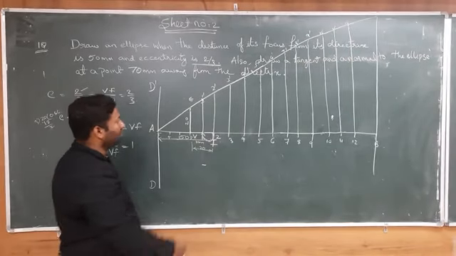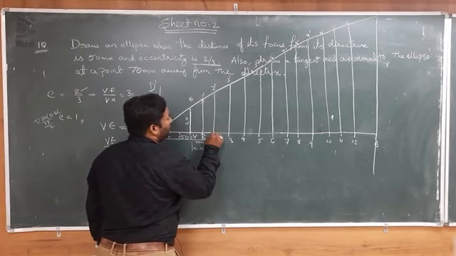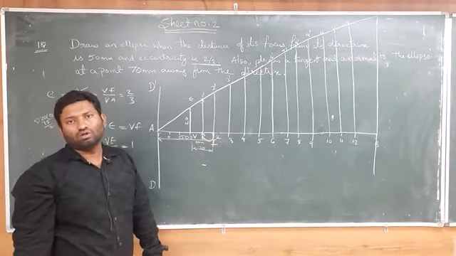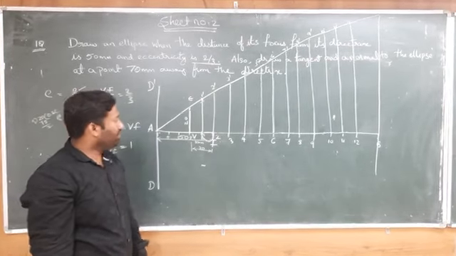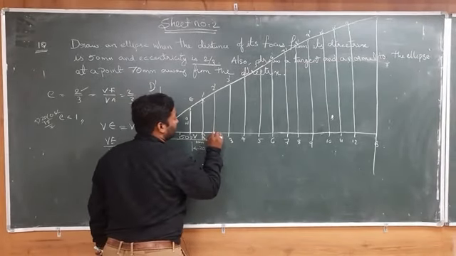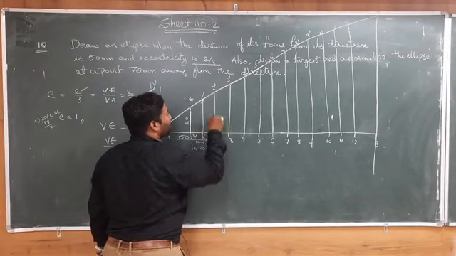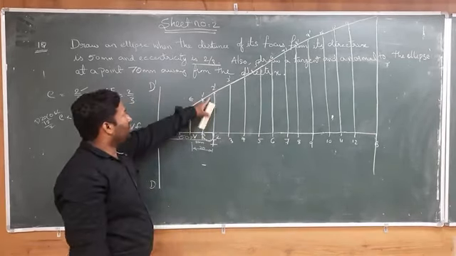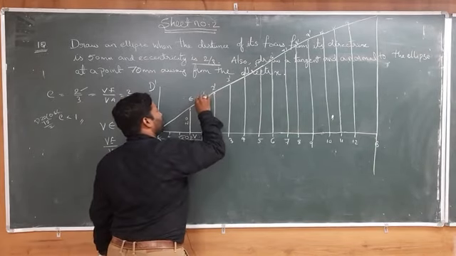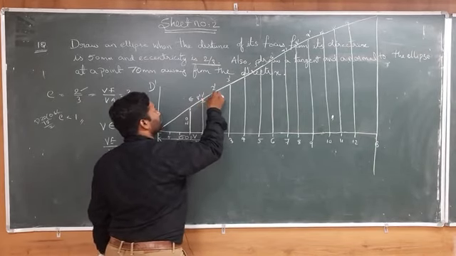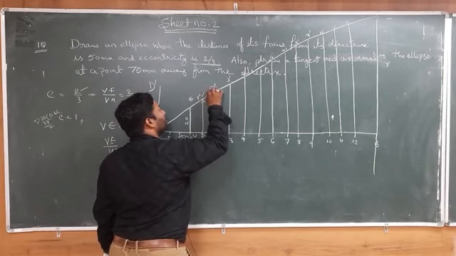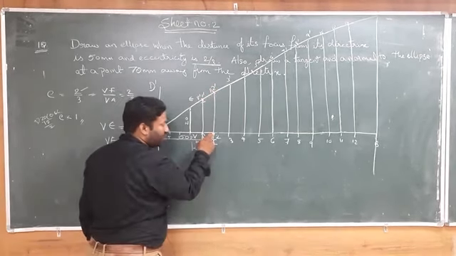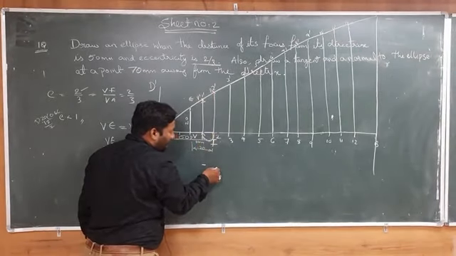Now the second one, we have to cut the arc on this 2, 2 complement line. Whatever the dimension we are getting here is equal to 2 to 2 complement, so exactly we will get the arc at this point. This is our first point, and here this is our second point, P2. Now, by maintaining the same dimension from the focus, we will draw another arc at the bottom.